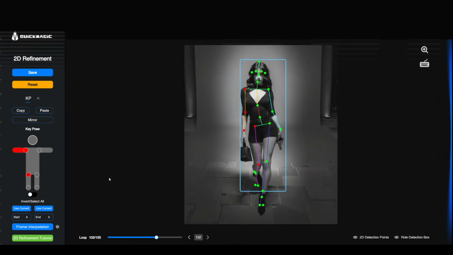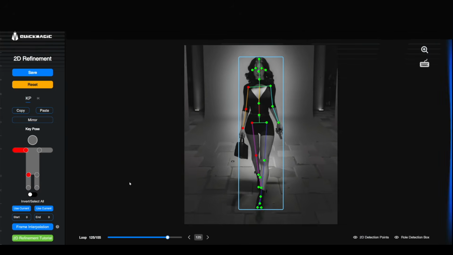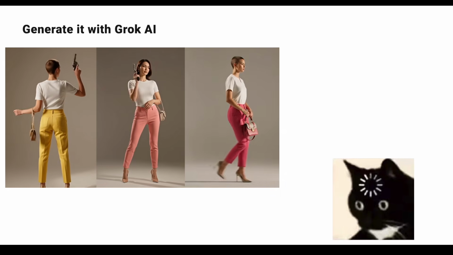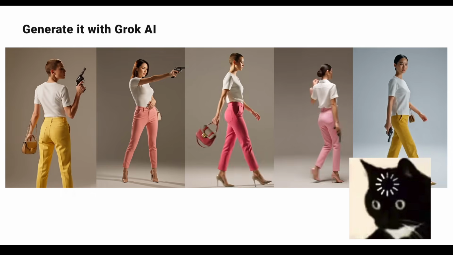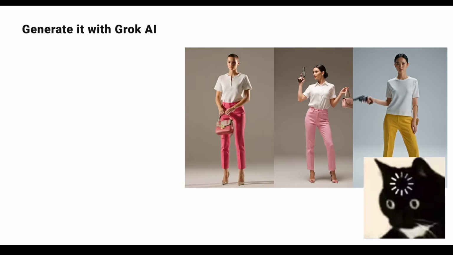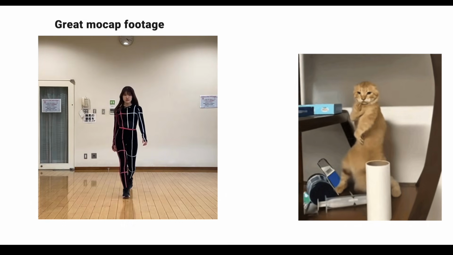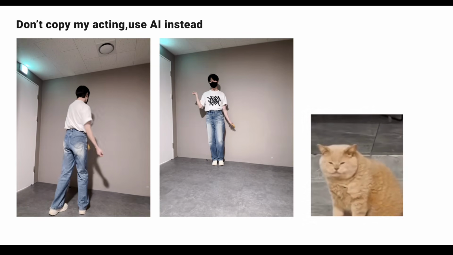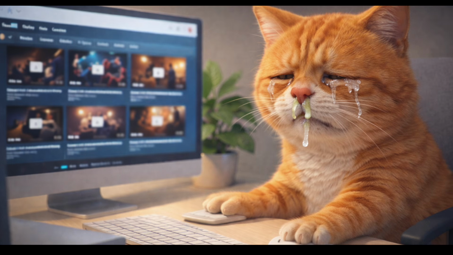For this project, the motion is mostly made with Quick Magic AI. Before you start, first plan the shot and the motion you want, then find a performance video that matches what you have in mind. If you're good at acting it out, you can absolutely record your own motion clip, but if you're like me and acting isn't really your thing, let's just say I'm still working on it, and you can't find the exact motion you imagine online, that's fine.